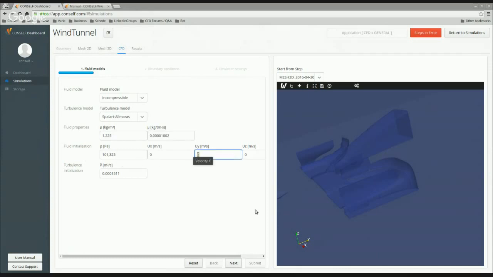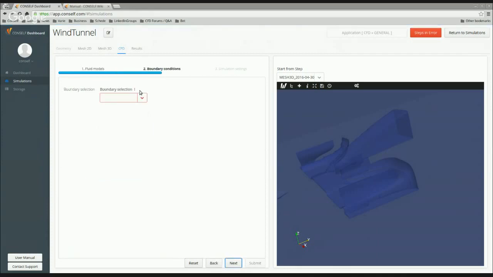The velocity, we have the inlet in y minimum, and so the velocity will be aligned to the y-axis. So here we are going to use 50 in the inlet, so now we can use 25 as an initialization. The turbulence default value is okay. So we can proceed to the next part